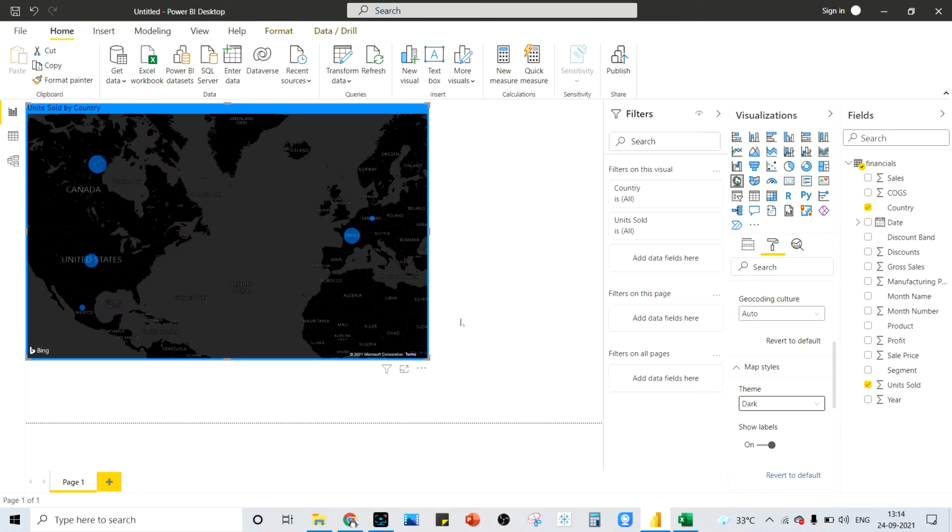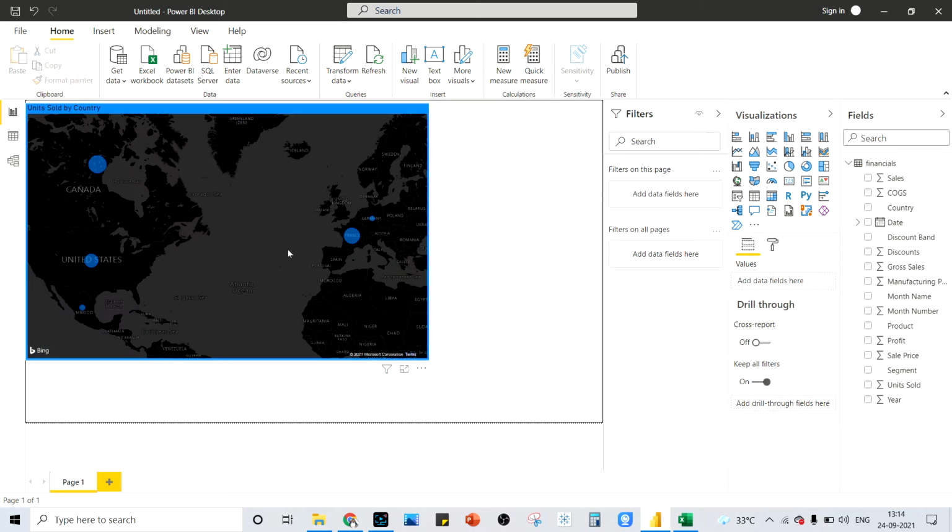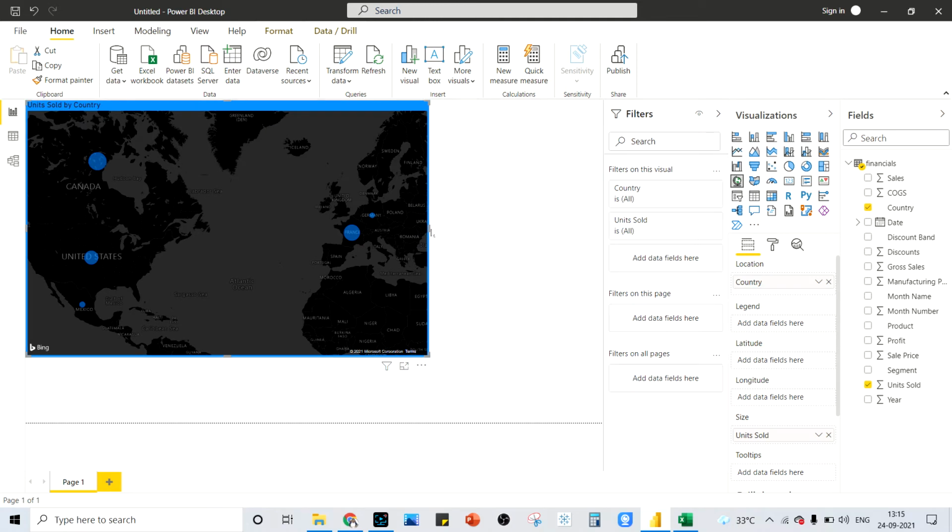It's quite interesting because we can easily identify the highest value and the lowest value if we have this type of theme, and it will be quite eye-catching. So in this way you can compare the sales value of different countries just by clicking the map button,